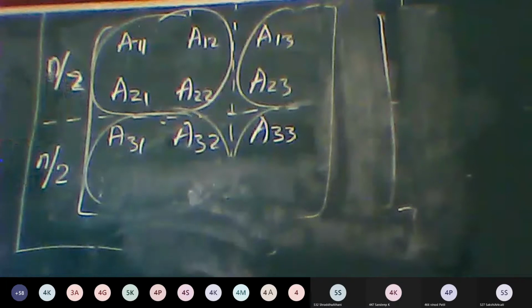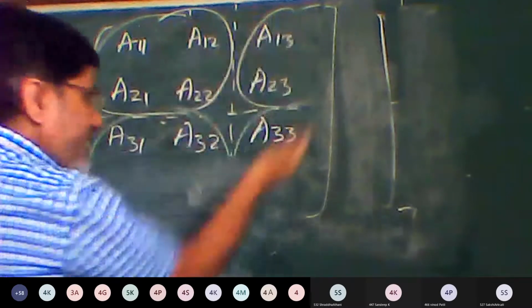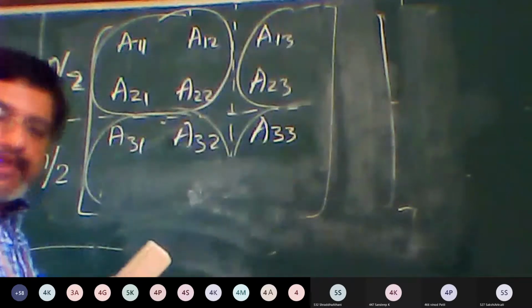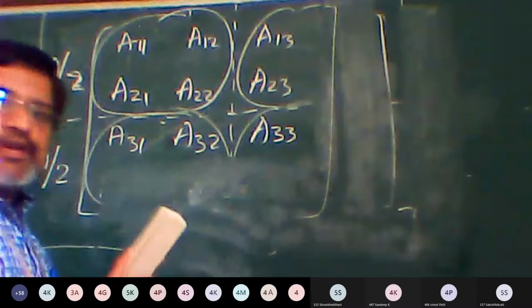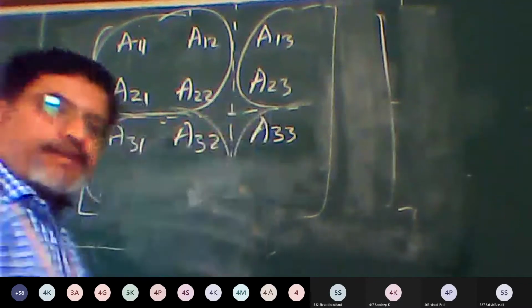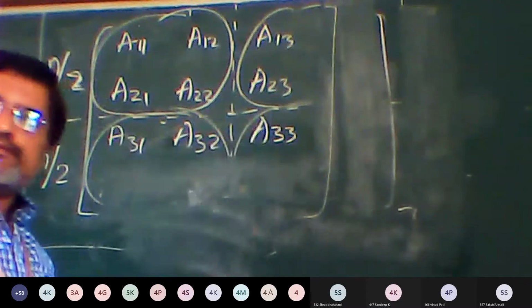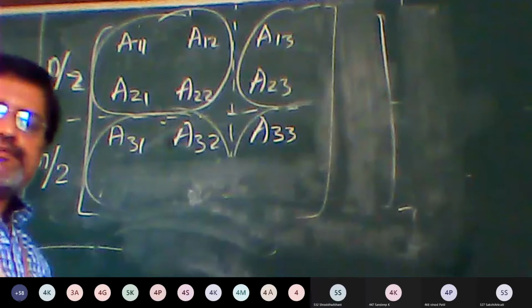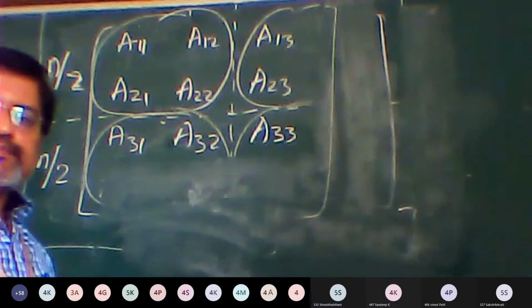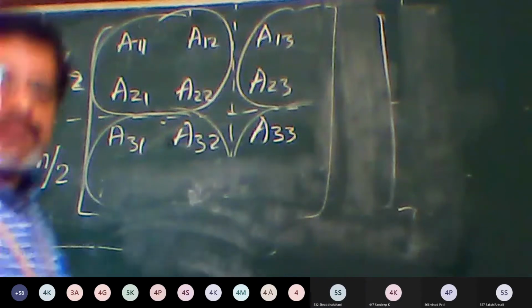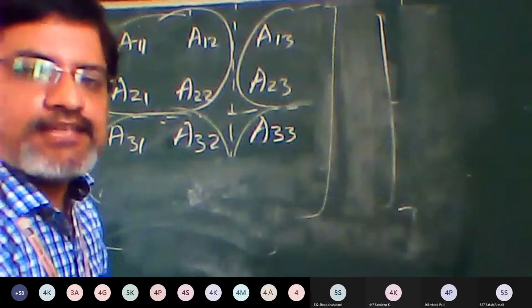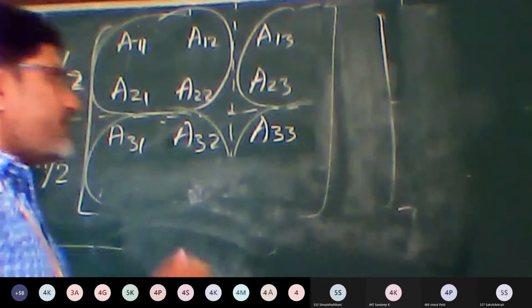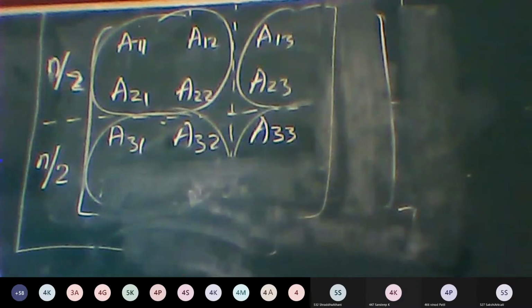Basically, what I try to say is, can we divide this particular matrix, which is a 3 cross 3, into 4 quadrants? Is it possible to have 4 quadrants here? No, sir. Then in that case, how can we apply Strassen's multiplication here?